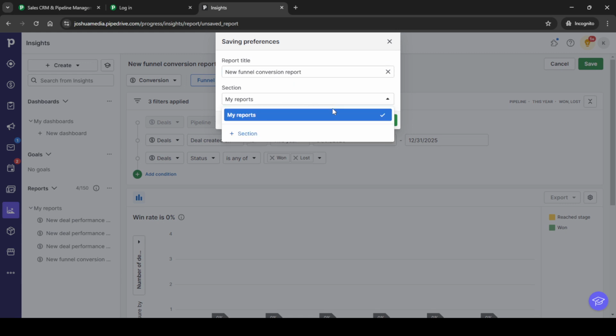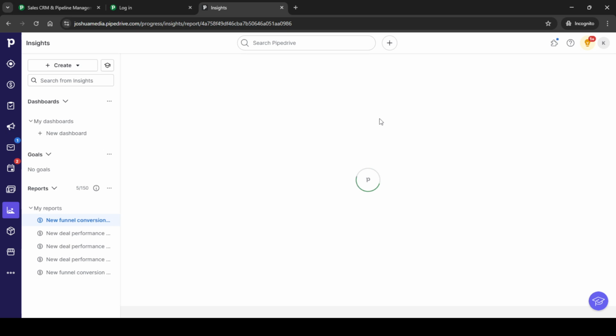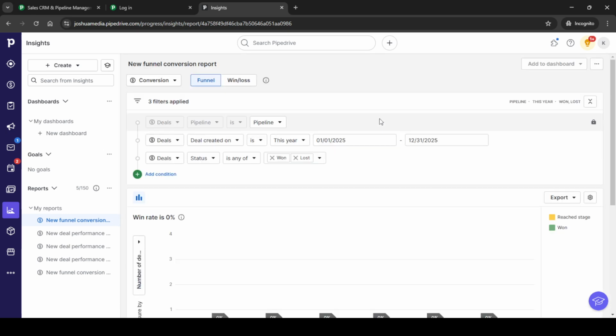You'll be prompted to enter a title for your report. Make it descriptive enough so that you can easily identify its contents later on. Finally, confirm your settings by clicking Save once more, and there you have it. You've just configured a detailed report in Pipedrive, empowering you with insights that cater precisely